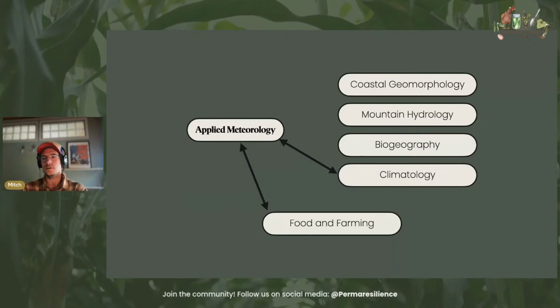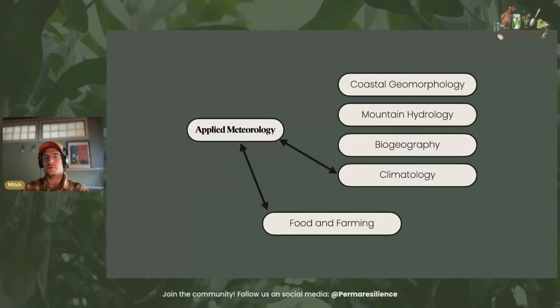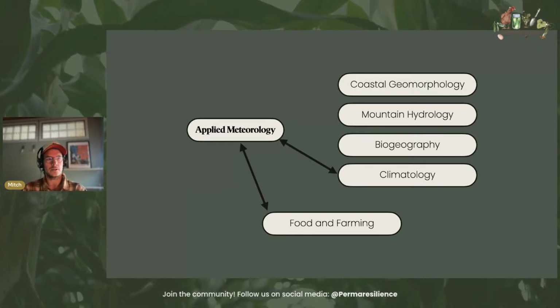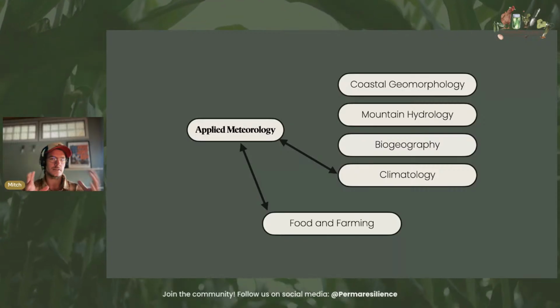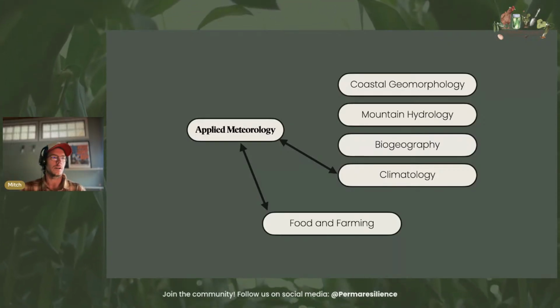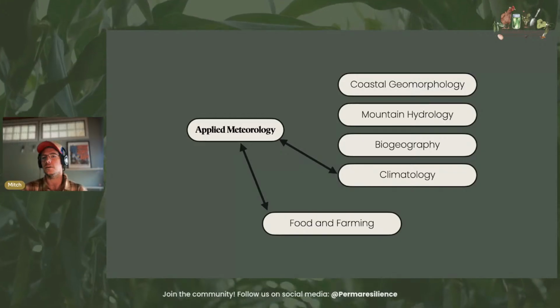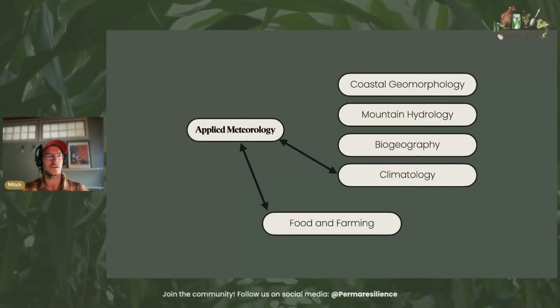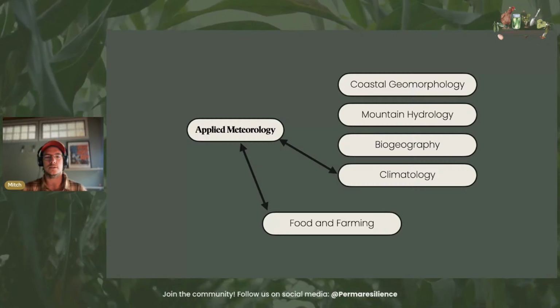And what I did there was a proof of concept for an AI algorithm that can predict frost in complex terrains for vineyards. So I was getting a little bit closer to the food and farming and combining things I was really passionate about, climatology and food and farming. And I do like the odd glass of wine every once in a while. So that was really cool to apply that, but it really still wasn't,